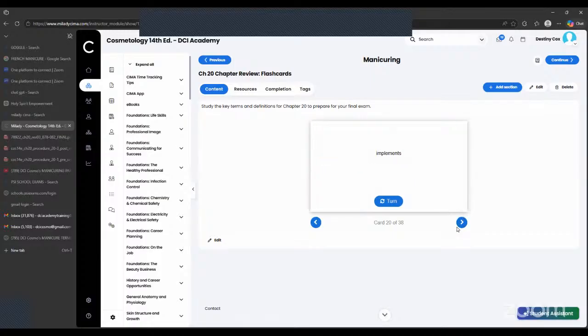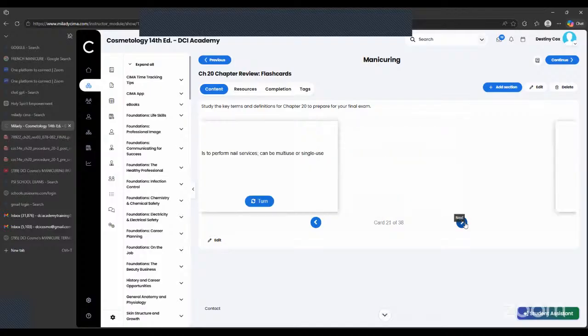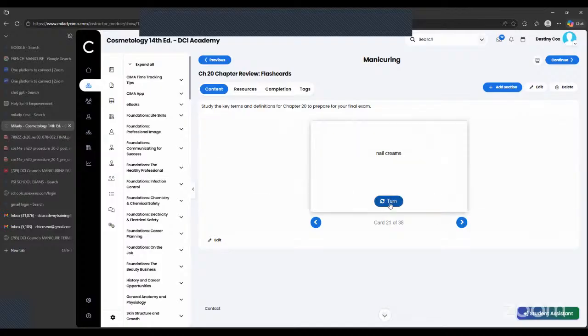Implements, okay? Implements, tools to perform nail services, can be multi-use or single-use. And implements, you have to understand the difference between multi-use and single-use. And as we stated earlier, nail creams, okay? A barrier product,